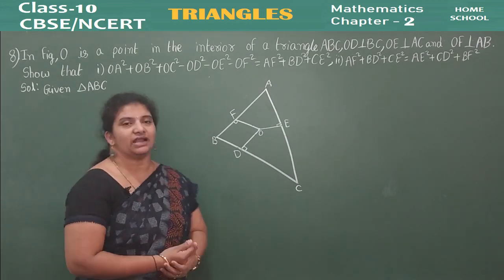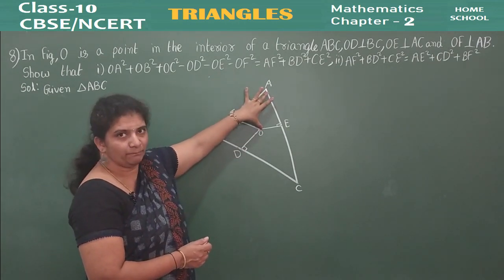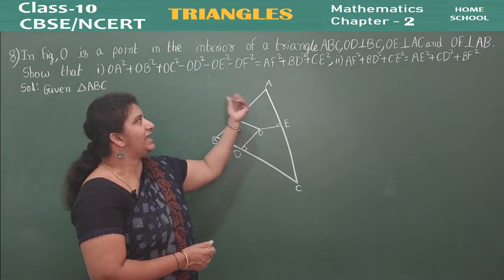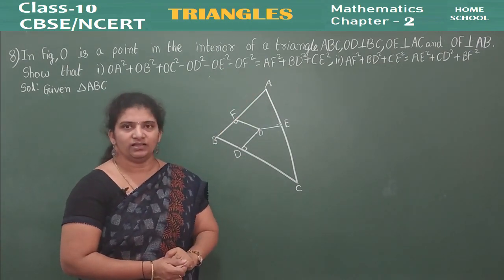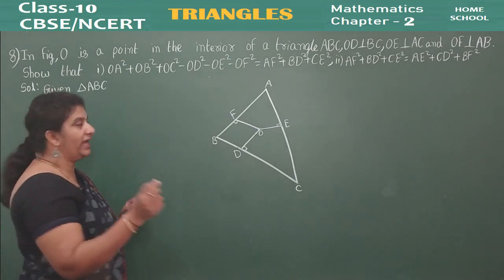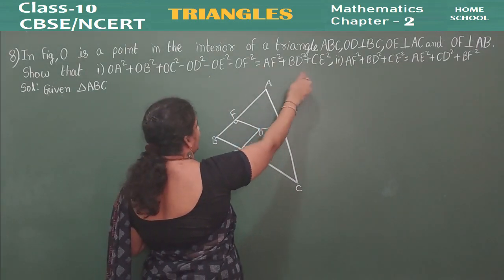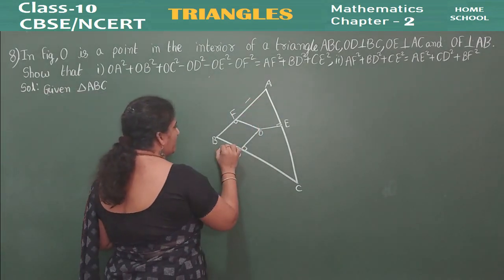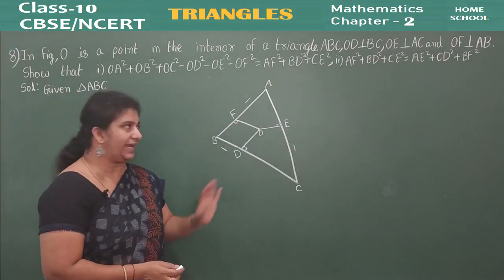So how can we start this problem? We are talking about OA, OF and AF, so we need to consider a right triangle, where one angle is a right angle. I am going to give you a hint. See the first sub question on the right side: AF, BD, CE. Where is AF? Identify AF, BD, CE. This mark is just to identify, children. Later you have to clean up.